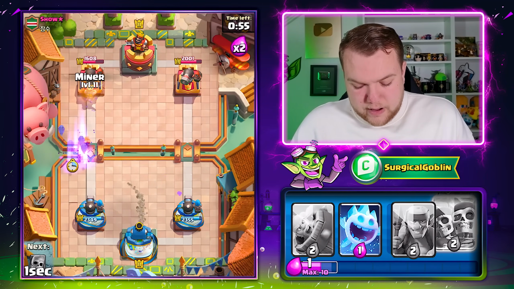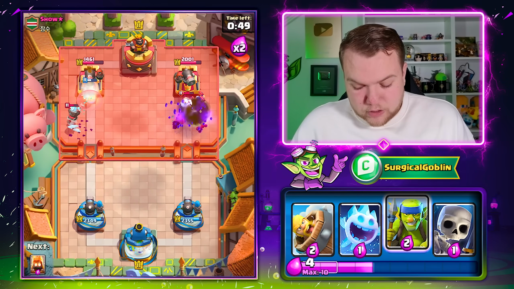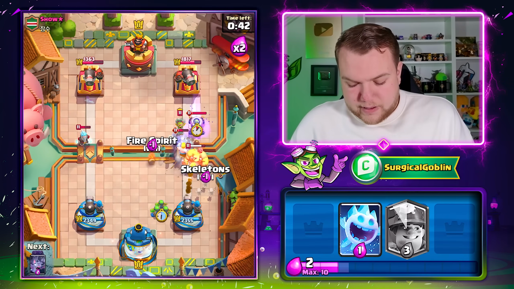Let's go with a miner plus bats. Let's go with Wall Breakers towards the right side. We should be able to outcycle his mortar right here. He does have the Evil Ghost available, which is gonna get a lot of value, but I think it's fine. And let's... Oh, we do need to be careful here now. This is actually gonna be...